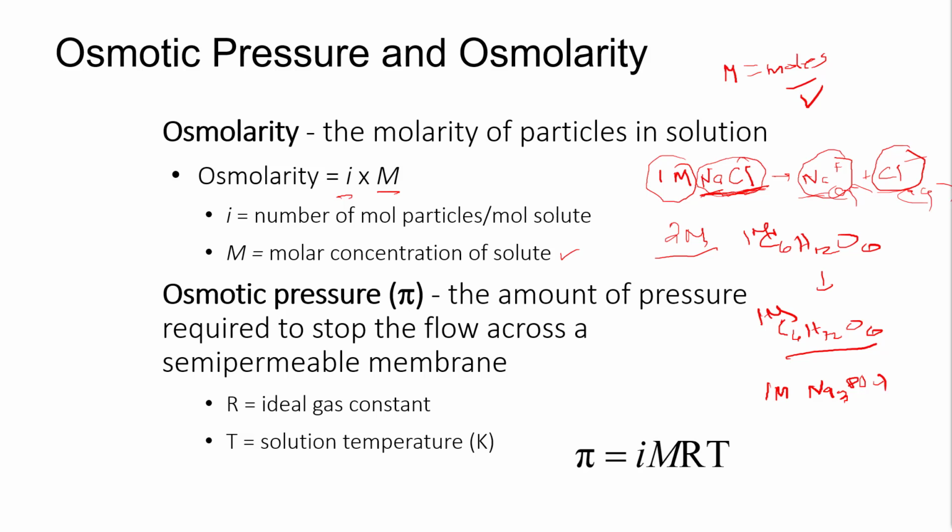If you didn't get this right, that means you got to go back and look at your naming, really the naming and then the ionic charges and so forth. So this polyatomic ion is a -3 ion, and that's why you need 3 +1 sodiums to make that a neutral compound. So if you're not getting this right, you don't have any shot at osmolarity, because what you would